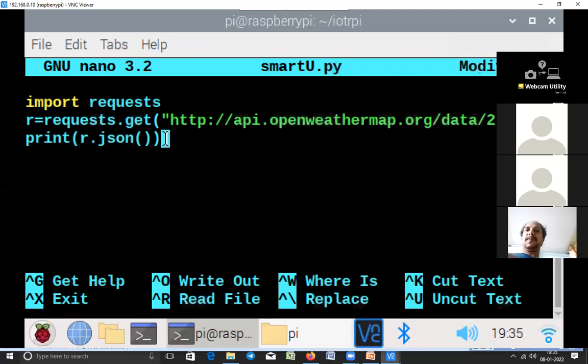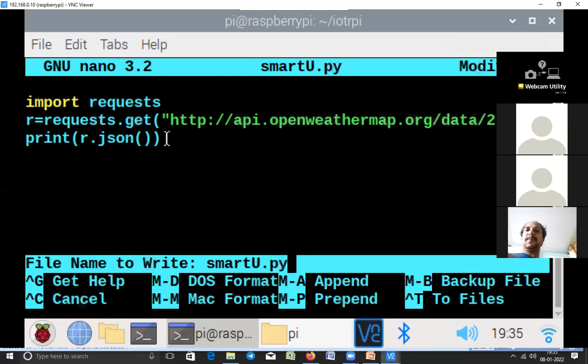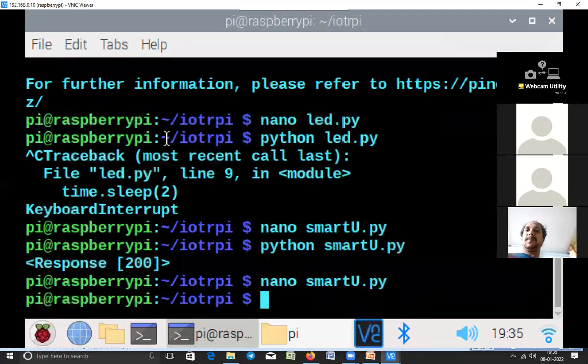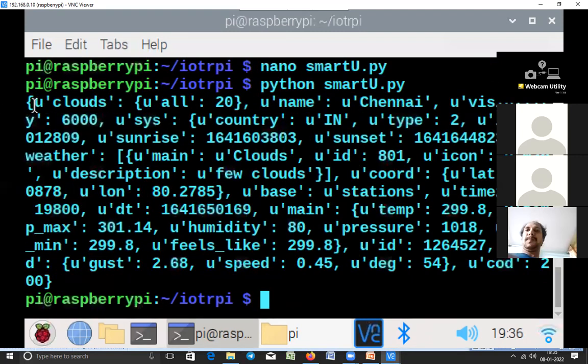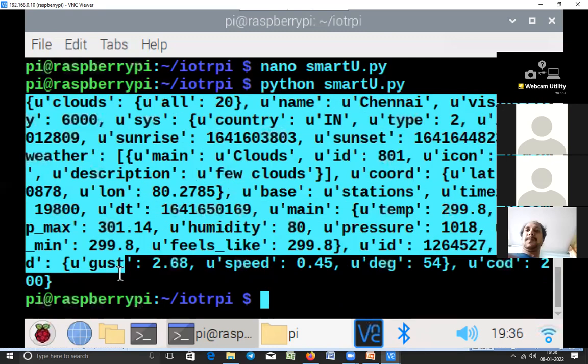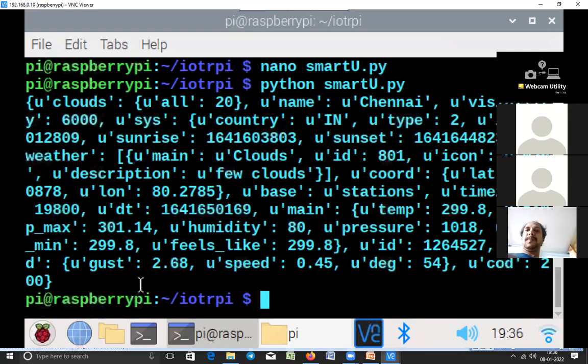Now save this program and run this, all of you. When you run this, you will see the response. We are printing this as a dictionary, because we have converted it into a dictionary. We cannot directly work with JSON; you have to convert that into Python data types. A dictionary is a Python data type, so we have converted that into a Python data type. I'll be storing that in some variable. I'll be doing that now.